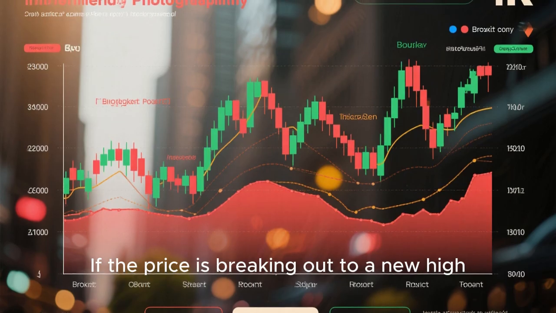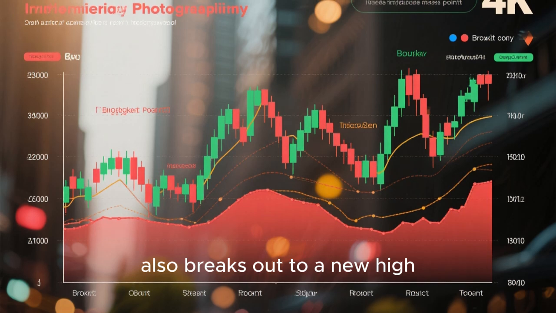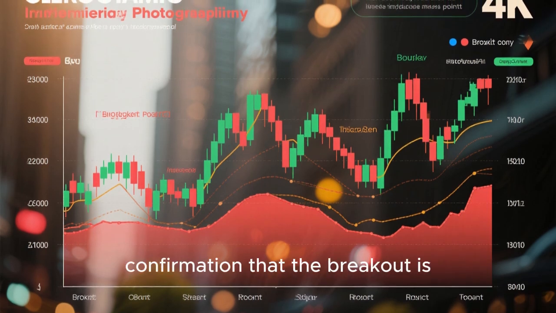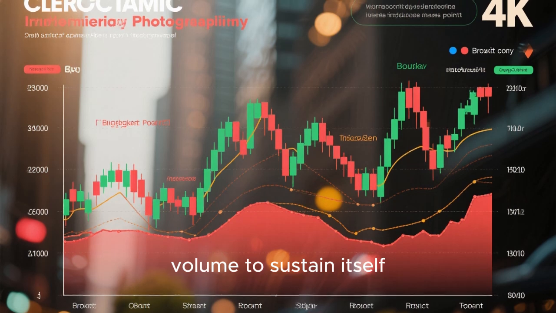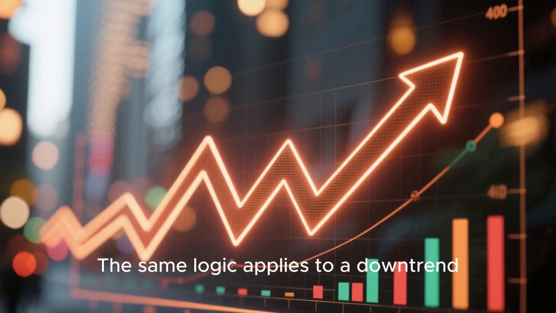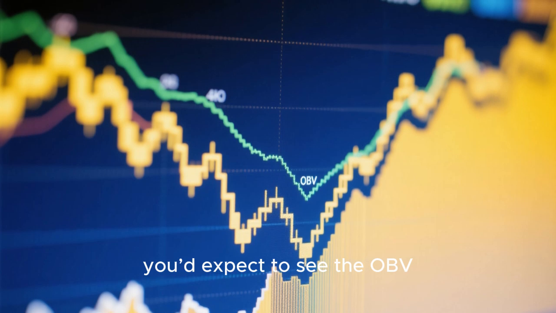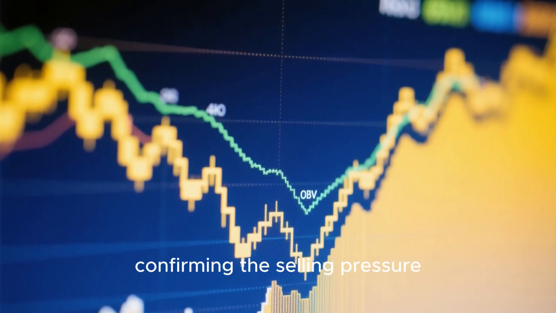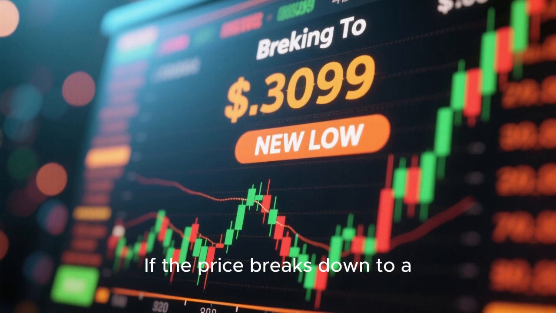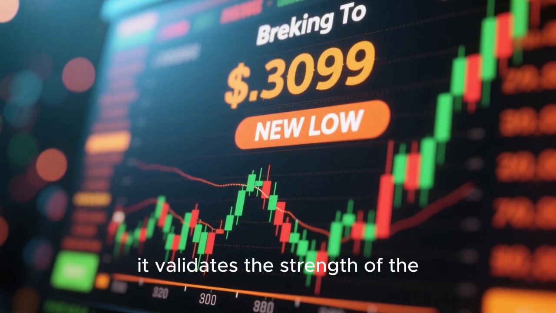If the price is breaking out to a new high, and the OBV line also breaks out to a new high, that's a very strong confirmation that the breakout is legitimate and has the volume to sustain itself. The same logic applies to a downtrend. If the price is falling, you'd expect to see the OBV line also trending downwards, confirming the selling pressure. If the price breaks down to a new low and the OBV line follows suit, it validates the strength of